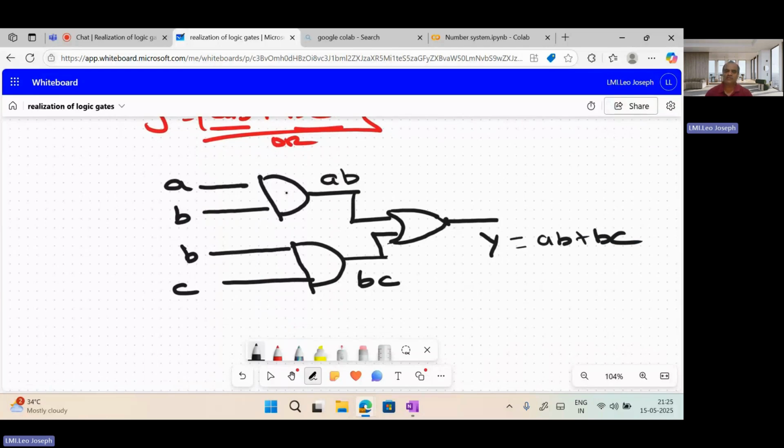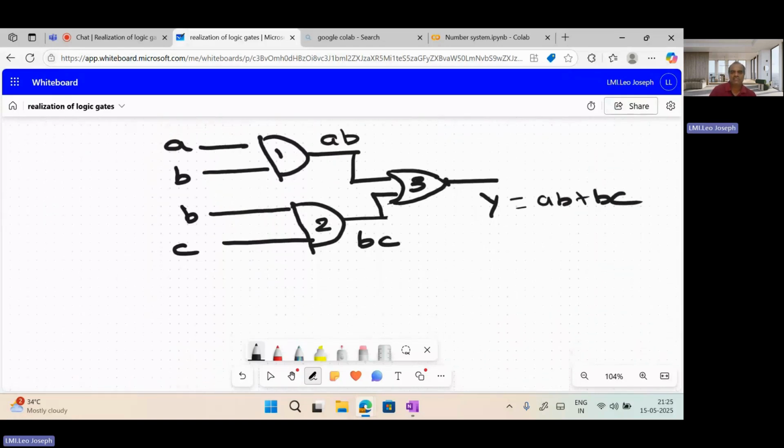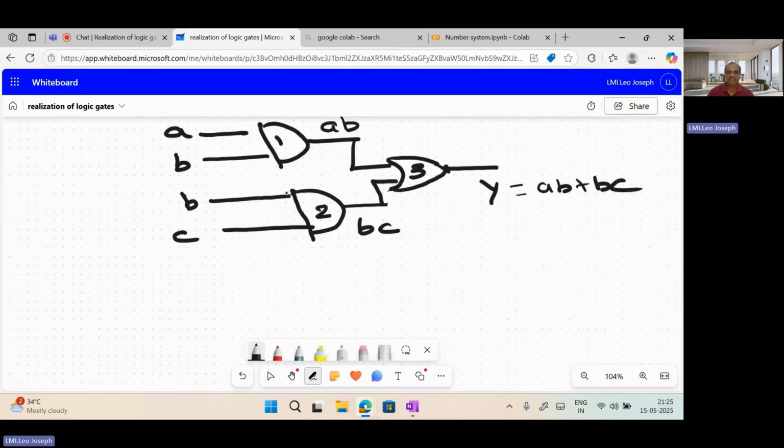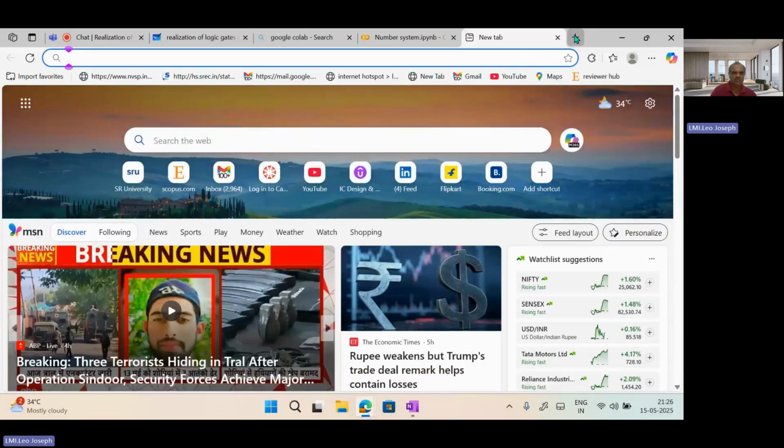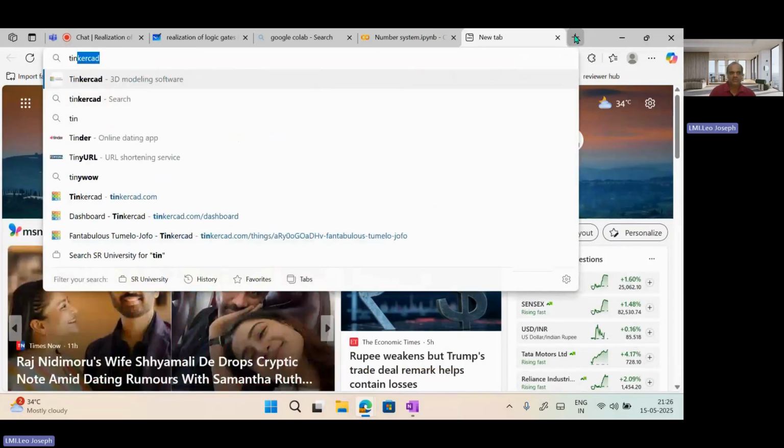How many gates are involved? You can check. One AND gate, two AND gates, and another one is the third. So how many gates are totally available? 3 gates. But when I am choosing one IC for this, there is one IC named IC 7408. Okay, that I will show you in Tinkercad so that you can understand what happens. So Tinkercad,